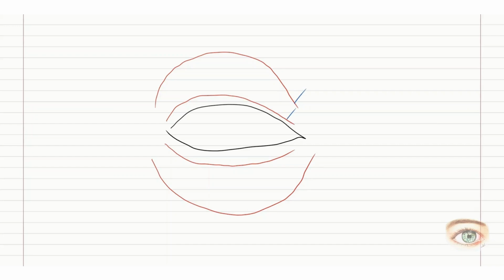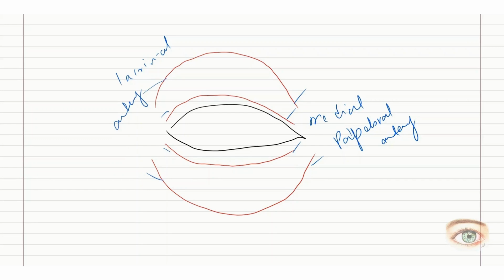So the medial end is formed by the medial palpebral artery, and the lateral margin ends are being formed by the lacrimal artery, and the zygomatic branches of these arteries. And the inferior peripheral arc is also being formed by a lesser portion of the